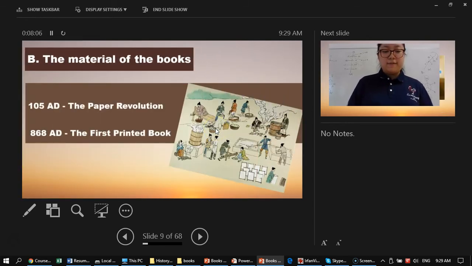Third, after paper was invented, everything changed. It is generally accepted that a Chinese eunuch named Cai Lun invented papermaking for the intention of writing, and used a combination of mulberry bark, hemp, old rags, and even fishnets for creation of the paper pulp around 105 AD. In 868 AD, the very first book was printed on paper in China, using a block of wood that had characters carved in reverse relief.